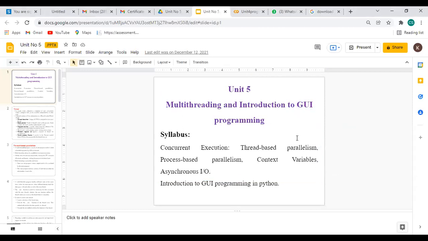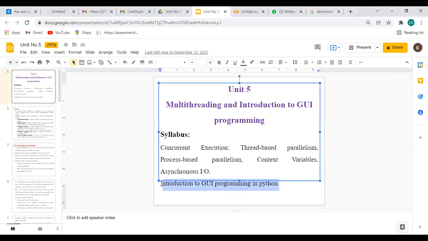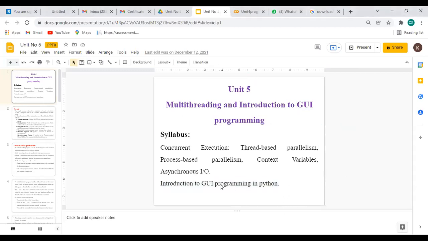Like suppose we consider a login. How are we creating that login page? For that login page, what we need: labels, like we need text, then buttons, like that. All this part we see in one point, the introduction to GUI programming. So the fifth chapter is also a little bit related to GUI.